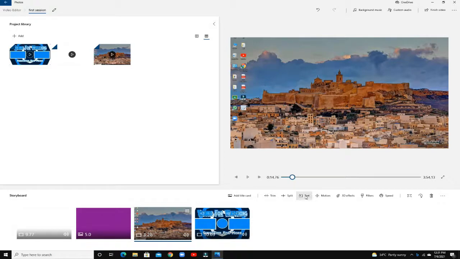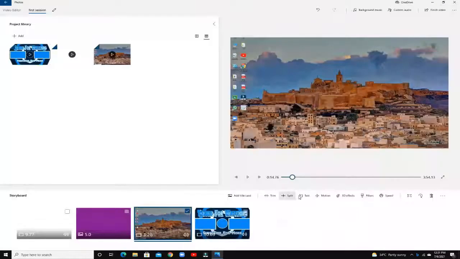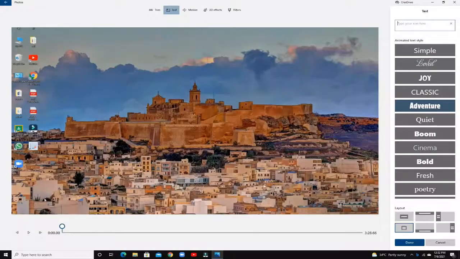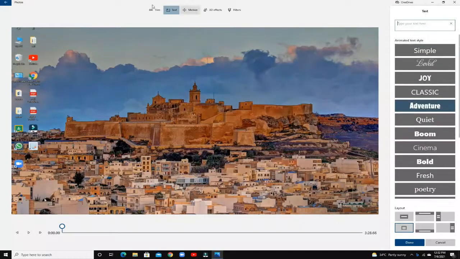Let's suppose text. I will press on this tick box and I will press text. Okay, so now this is all the same as we did on add title card. So I hope that now you are aware of this text. So now I can add a text